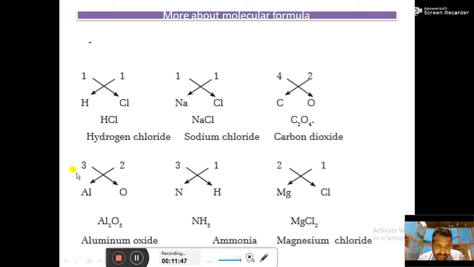Similarly, aluminum oxide, AlO. Aluminum has valency 3, oxide has valency 2, just crisscross the valency. Ammonia is made up of nitrogen and hydrogen, 3 and 1, you just cross, you get this one. And magnesium chloride, Mg, valency 2, Cl, valency 1, just crisscross it. So you can note this, and you can write